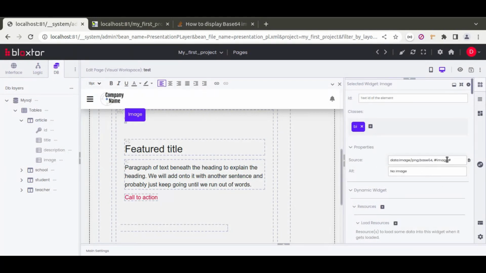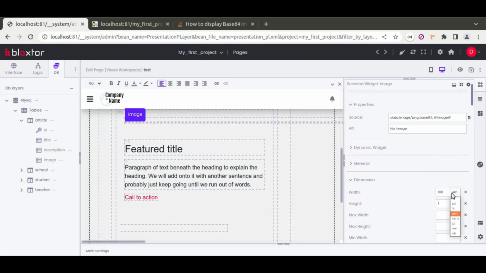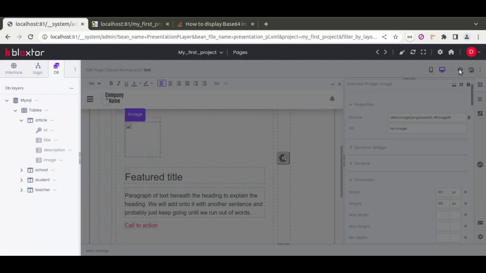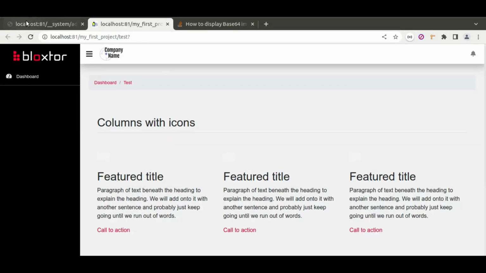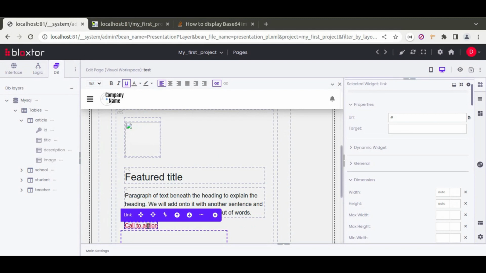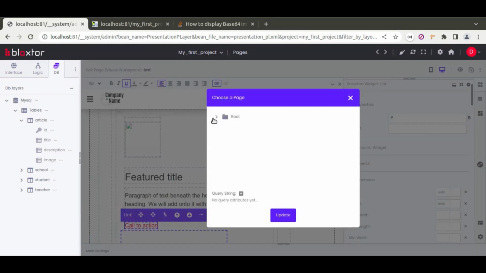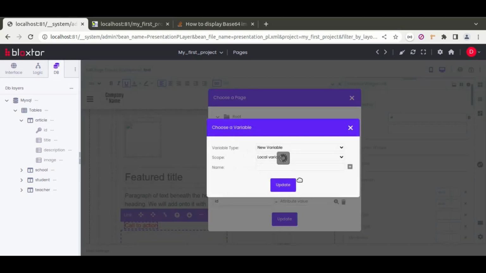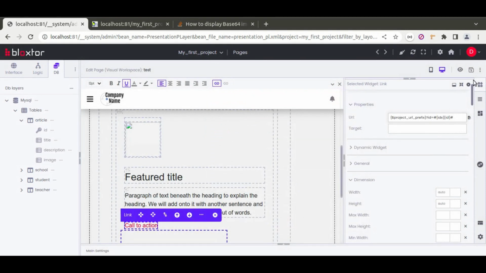So here you do Ctrl V, okay, it's done, and now we can go to the dimensions of the image, where we can put 100 pixels. It's just an example, and now we can save and preview our page. So currently we had this and we converted it to dynamic data. If we refresh this, we can see that now we have the two records that we created in the database. If we want, additionally, we could set these links to point to the index page with the corresponding ID of each article. So we select the link, go to the properties, click on this icon here, choose the index page, and add a new parameter, which will be a list variable called ID, corresponding to this ID here. We do update, we save,